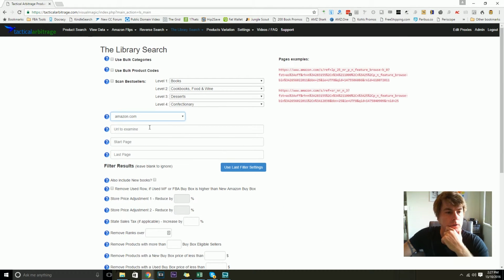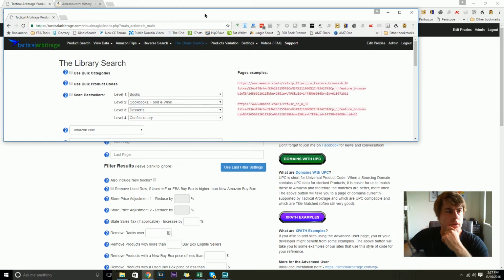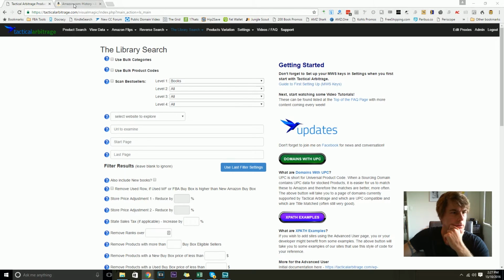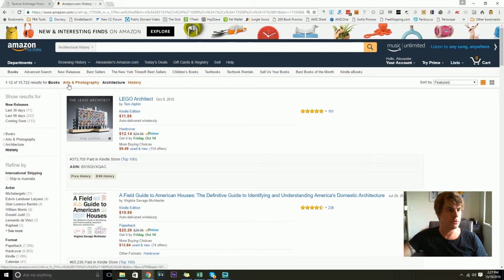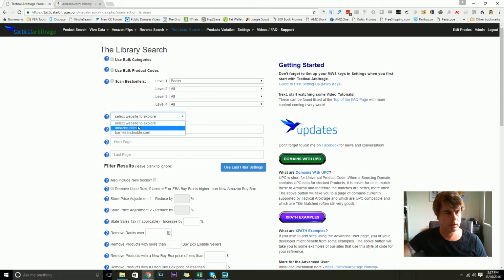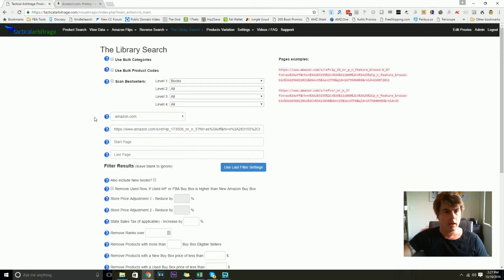Now you will see here that there's a couple of different types of examples that you can use, and I'll see if I can find an example. I've got another window, a library search window open here, so I'll just found this books, arts and photography, architecture, history. So I will grab this one and I will put that into here,